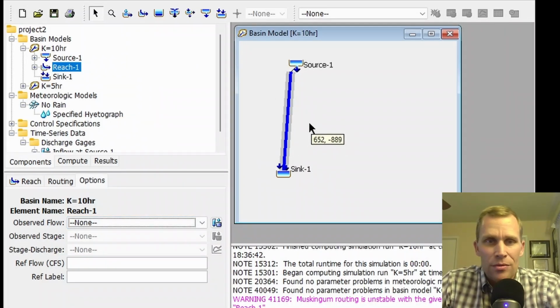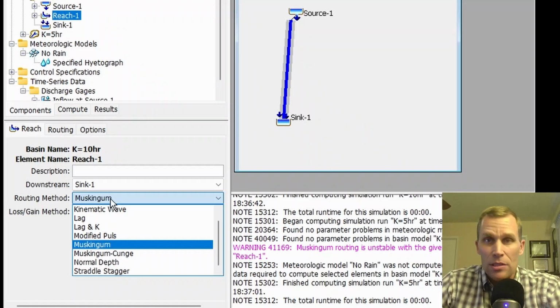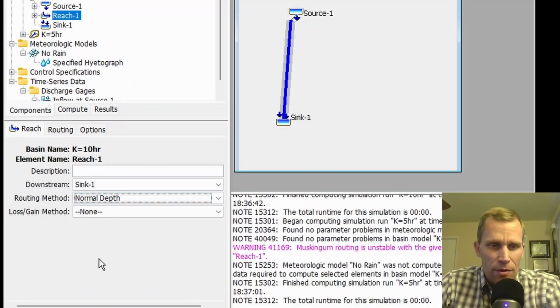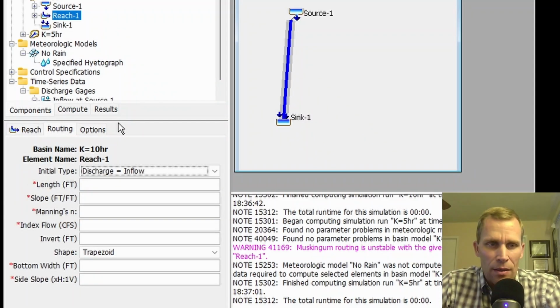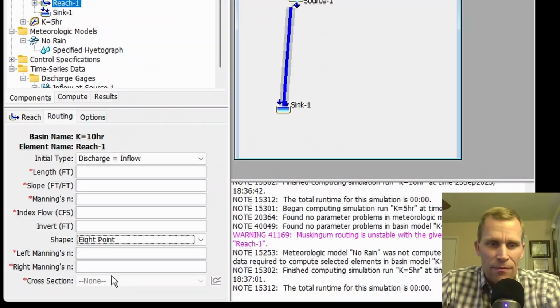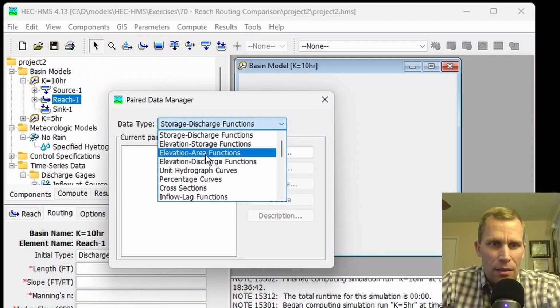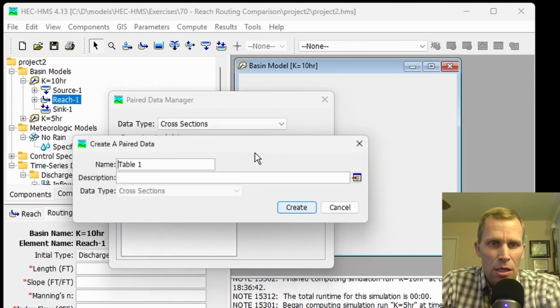Another idea I had was change the routing method. So we selected Muskingum routing, which is right here in reach, but you could obviously select a different routing method. So for instance, if you selected normal depth and then clicked on the routing tab, you have a lot more parameters to work with, such as the slope, the Manning's n value, the shape of the actual channel. So you could select 8 point, for instance, and then define the cross section right here, which would require you to go up to the components menu, paired data manager, and then you'd click on cross sections, new, and then